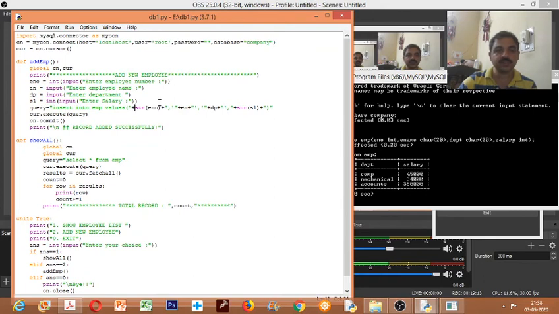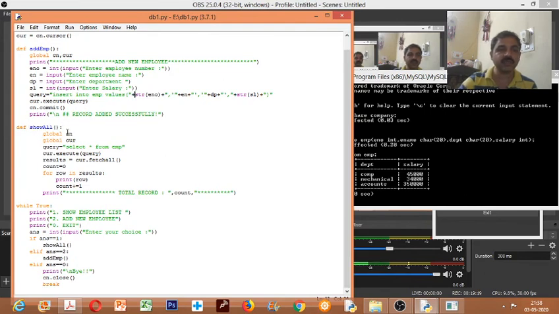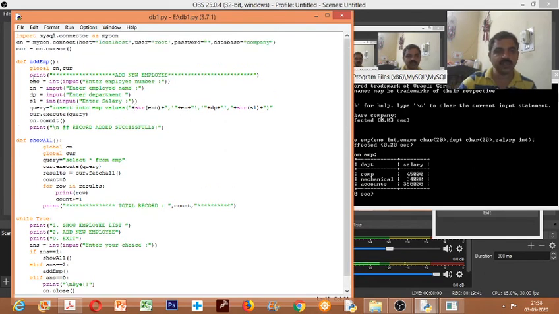The same logic is used in the sample project provided to you, and we'll see the other options like edit and modify. In any project, you mainly need to do addition, deletion, modification, and display. In addition to that, you may do other calculation work and other things, but the main task is this. So this sample will help you with any kind of project work. In addition to addition and displaying, we'll see modification, deletion, and others in another session. I hope you are clear. So here Python works as the front end tool, and MySQL is the back end tool.